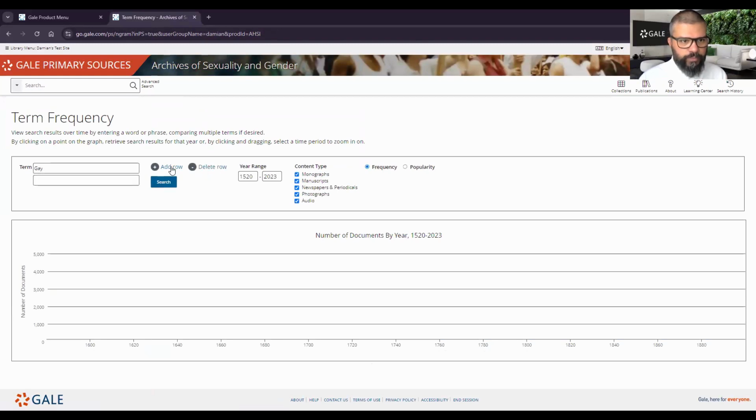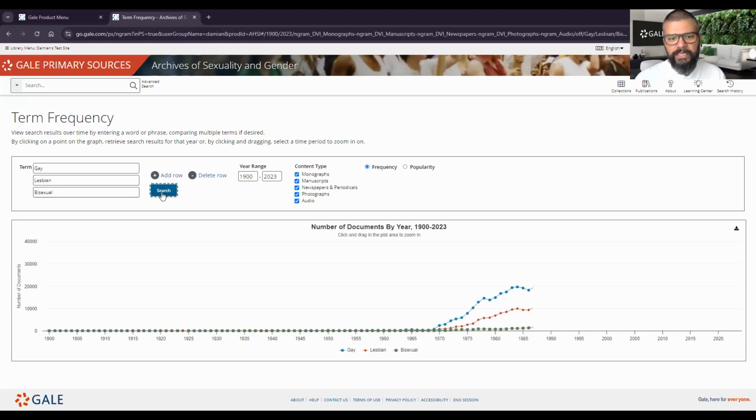We'll add a few different terms over here. Lesbian, maybe. All right, just type in these three key terms. Let's go from 1900 onwards. Hit search. What it does is you can see over here, it's mapped out the occurrence of these terms across